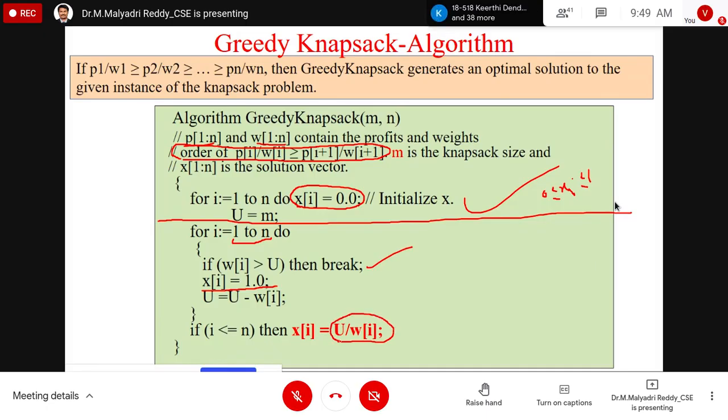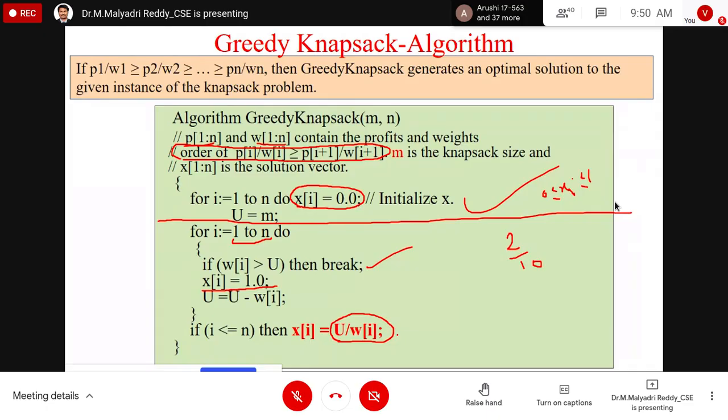x of i is then 1 minute. Every time, we are getting the remaining bag capacity in the u. Yes, sir. The included object's weight is subtracted from the capacity, so u means how much vacancy is remaining in the knapsack. Yes, sir. That object will be selected corresponding to how much you need. Suppose from 10 units, 2 units you need to select, 2 by 10. It is the fraction of capacity for the corresponding object. Okay, sir. Right, this is the algorithm.